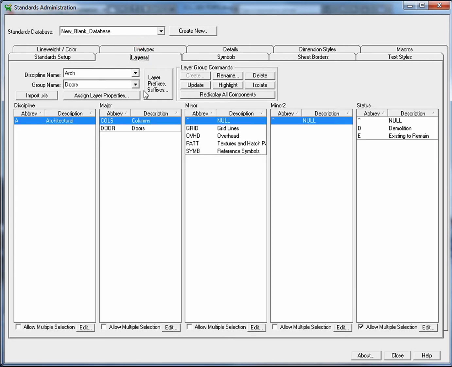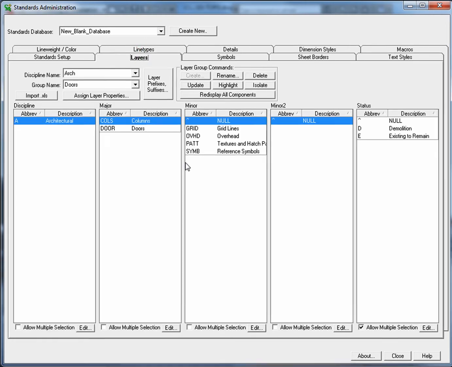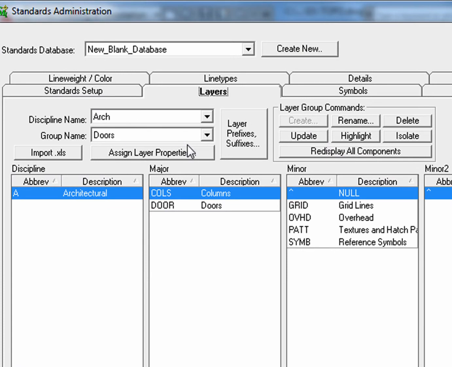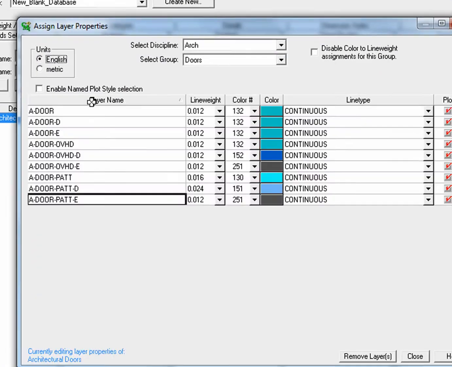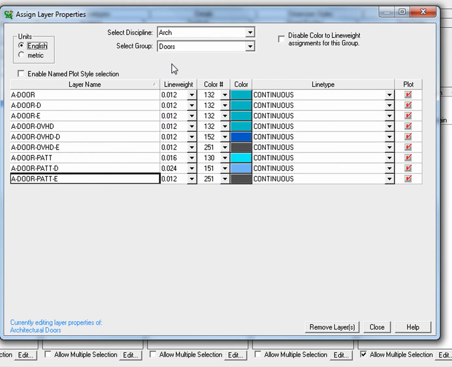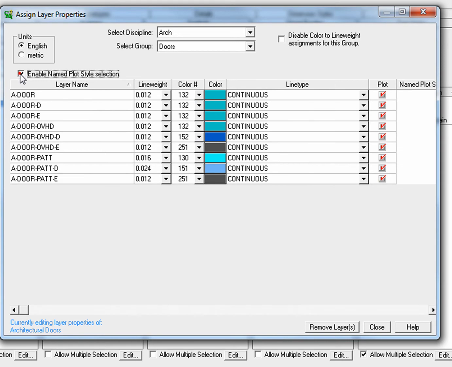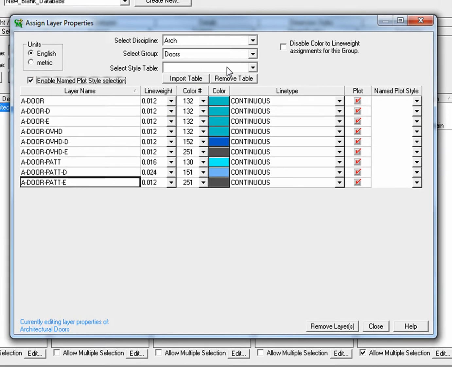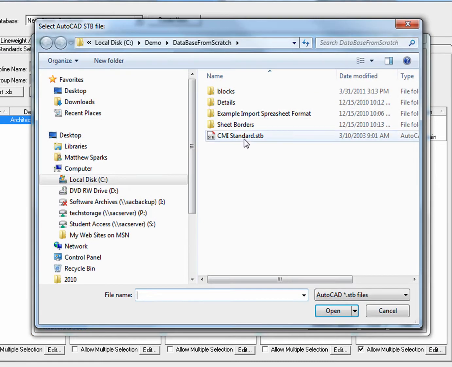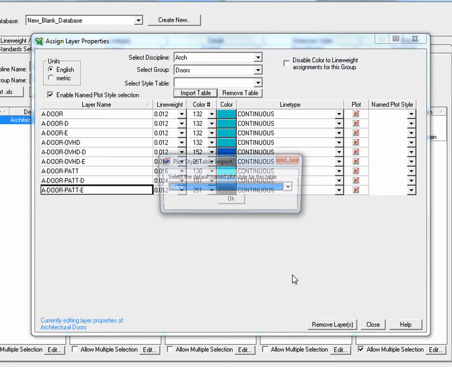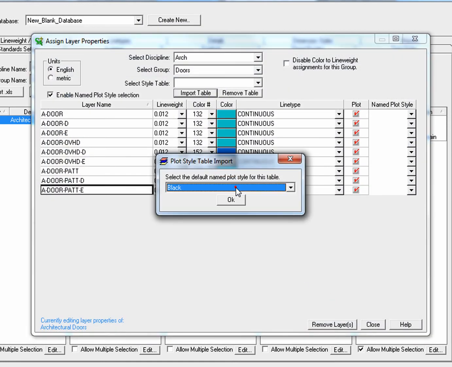Now, if you want to use the STB file format, you can also do the same thing. When you come into the layers and you go to Assign Layer Properties, you'll notice here for this particular group, doors, there's a color and a line weight. That's the CTB file. If I enable a plot style selection, I can import an STB file format. Tell me what my default is,